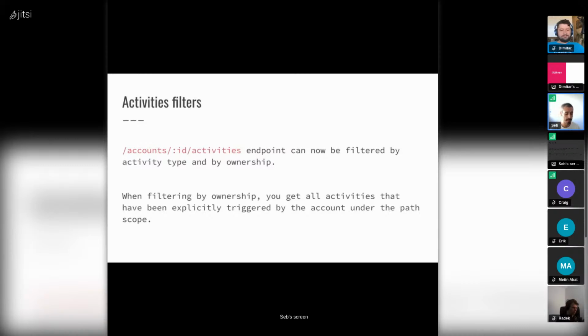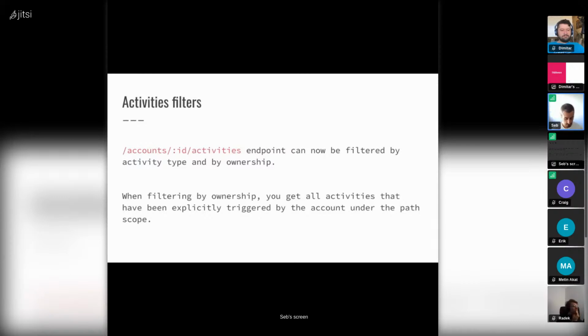So for instance, you would get all of the activities for the transactions that came out of your account, or all of the AX9 transfers that came out of your account,